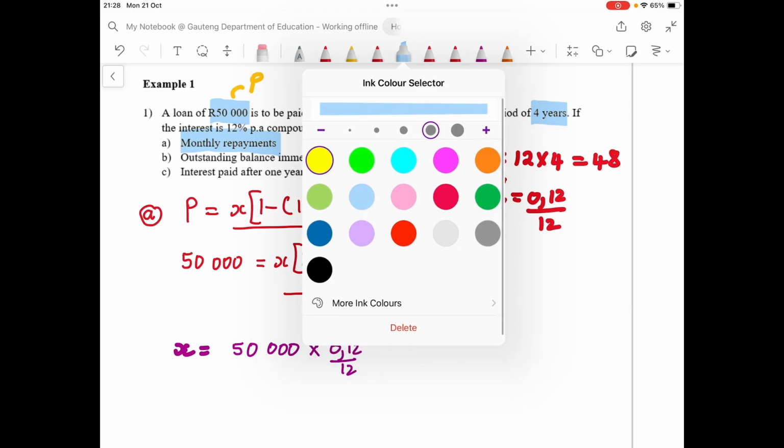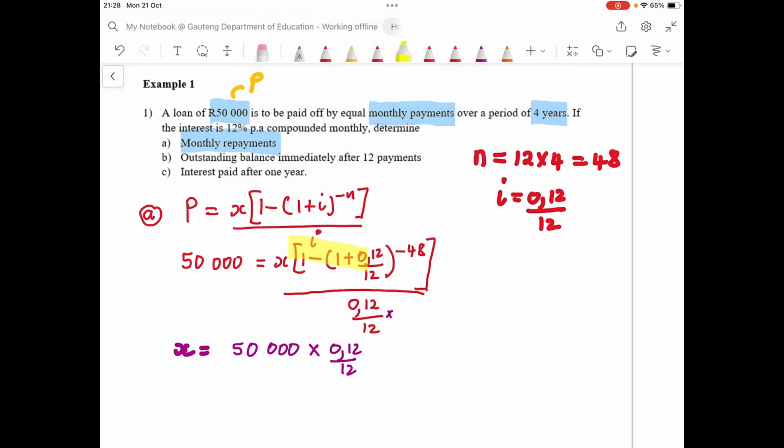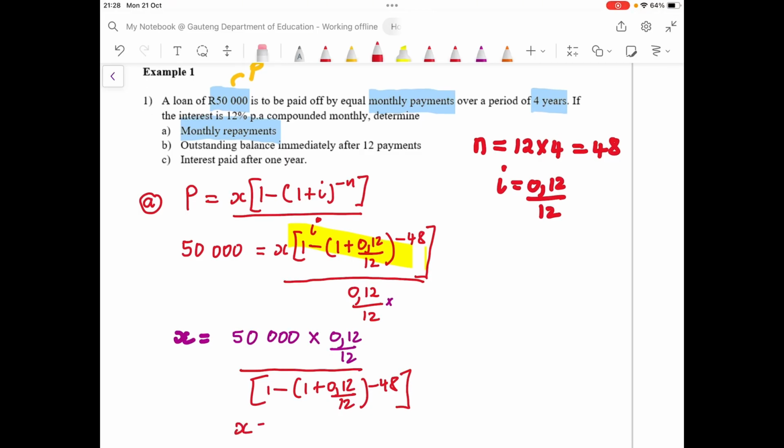We want to solve for X, so we must divide by everything that has no X. So divided by 1 minus 1 plus 0.12 over 12 to the exponent negative 48. Then close the bracket. So here X is equal to, and now the calculator will give us